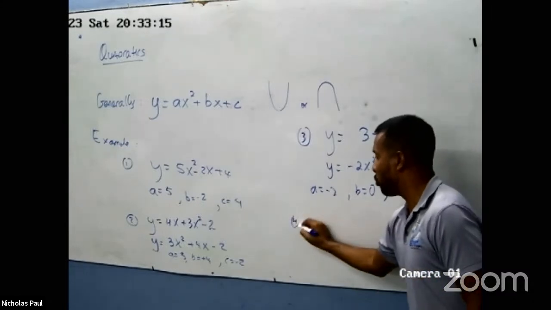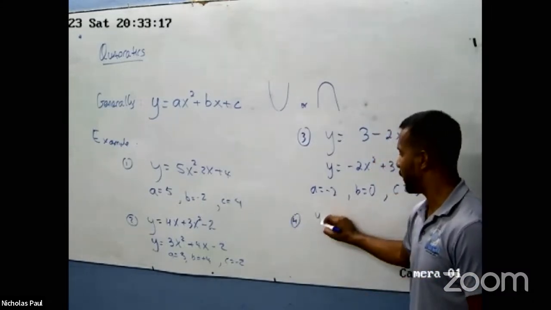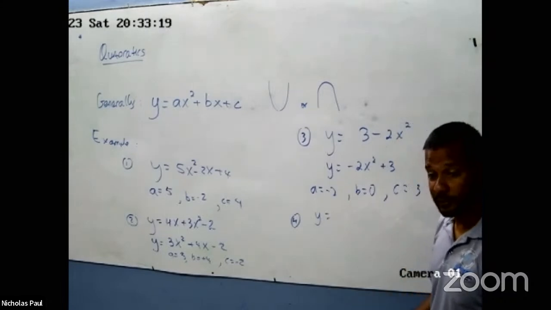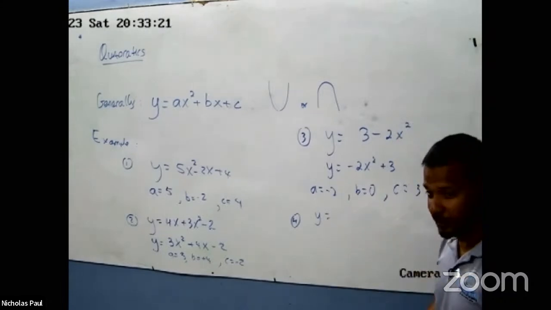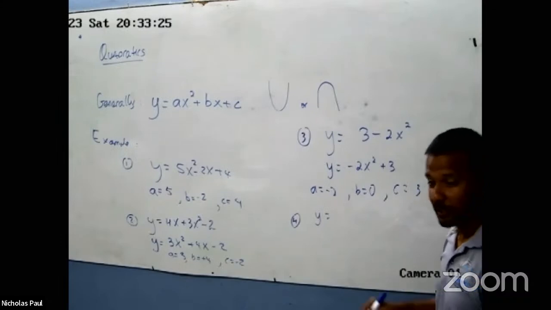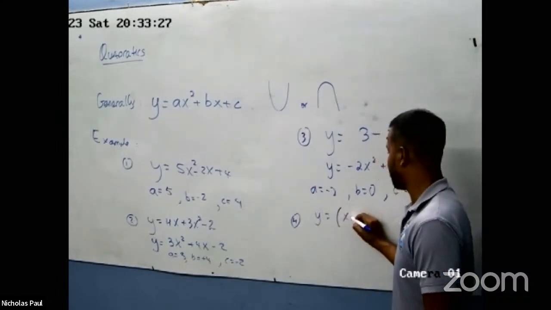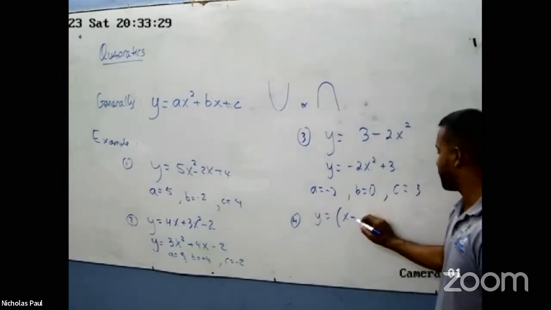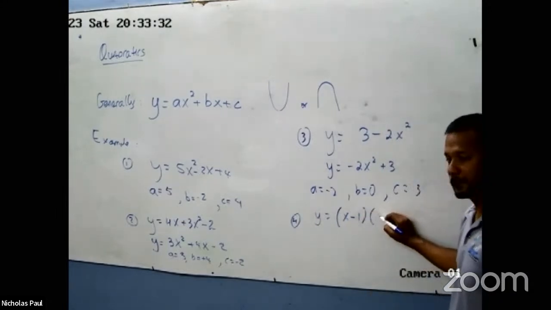One last thing, one last question. I just want to see how you will handle it, right? It is a quadratic, but it doesn't look like it. So you have to make it look like a quadratic. All right? So what you say? I'll make it simple, right? x minus 1,